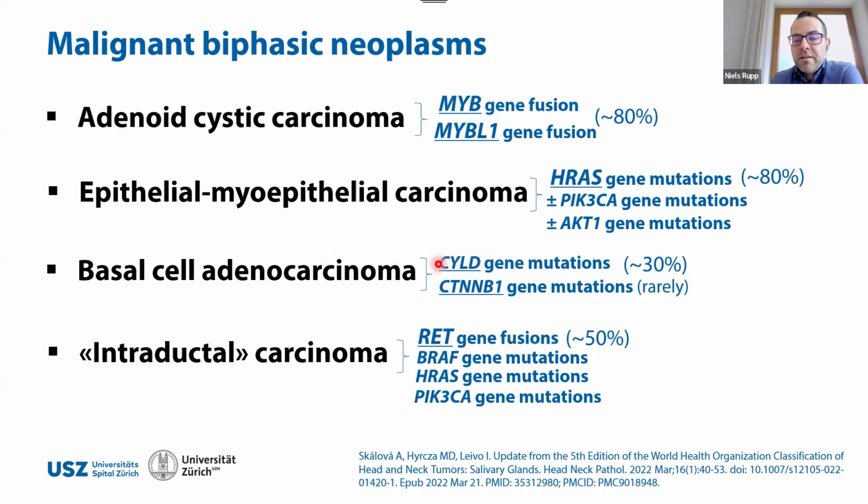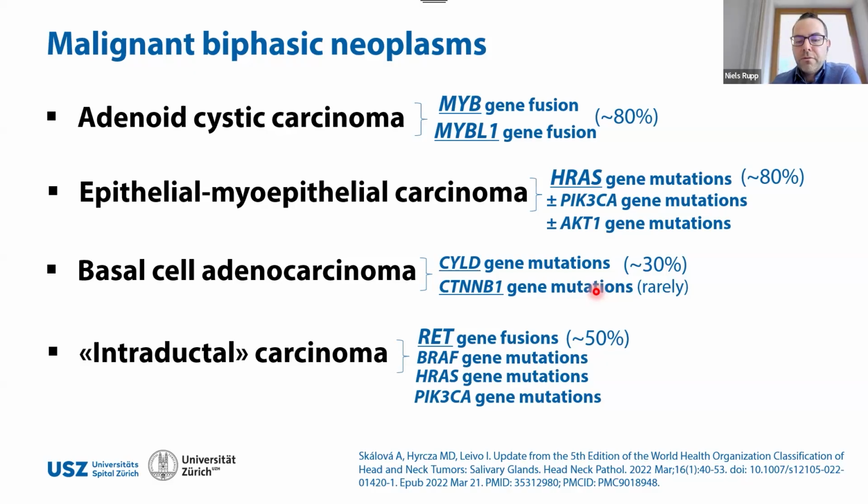We know that there are these CYLD gene mutations, approximately 30%, so rather low, and very rarely CTNNB1 gene mutations. So it seems that basal cell adenoma and basal cell adenocarcinoma are two really distinct entities, and that there's usually not a usual conventional sequence that you first have a basal cell adenoma, which then develops a basal cell adenocarcinoma. There might be very rare cases where this is the case, but in general,